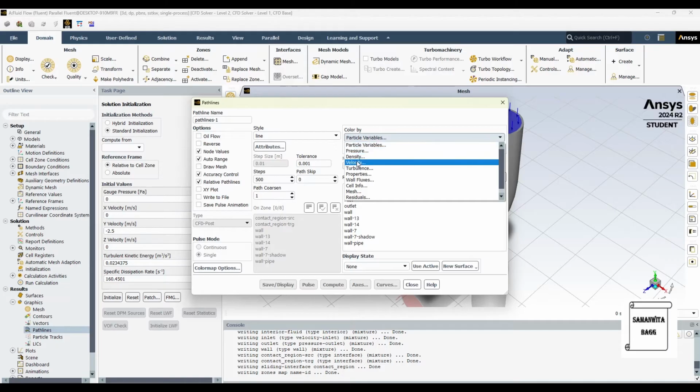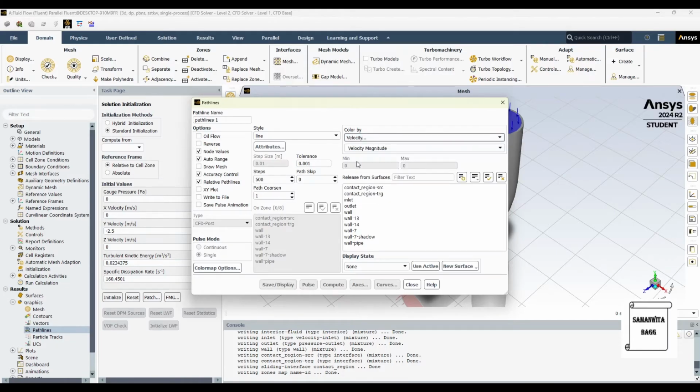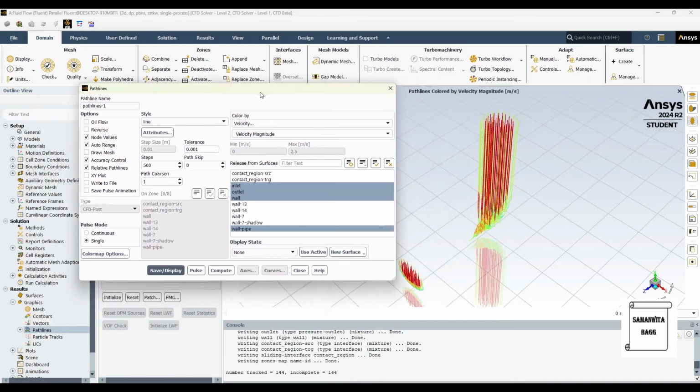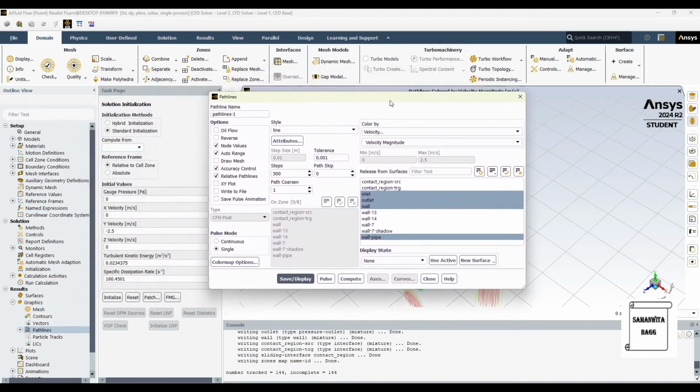I'll color by velocity first, then we'll go for pressure also. I'll select the inlet, outlet, wall, wall pipe. Click on save or display. So you can see here the path lines have been created.